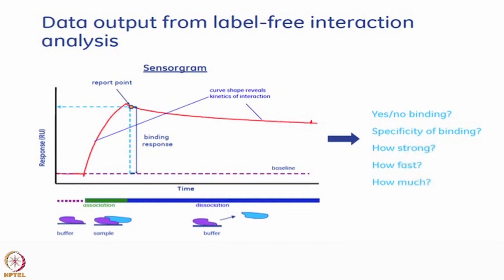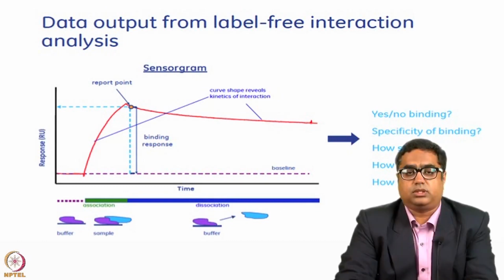So, when you do one on the other, the association rate divided by the dissociation rate gives you the equilibrium constant KD, or capital K capital D. So, this is the output that we get from a Biacore